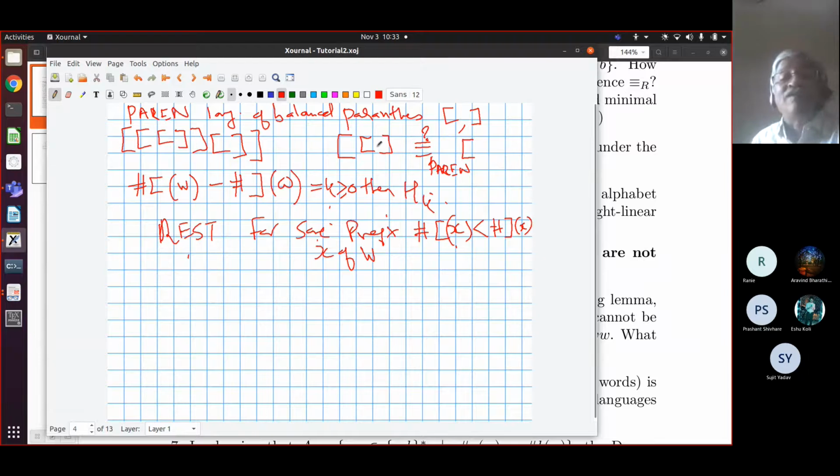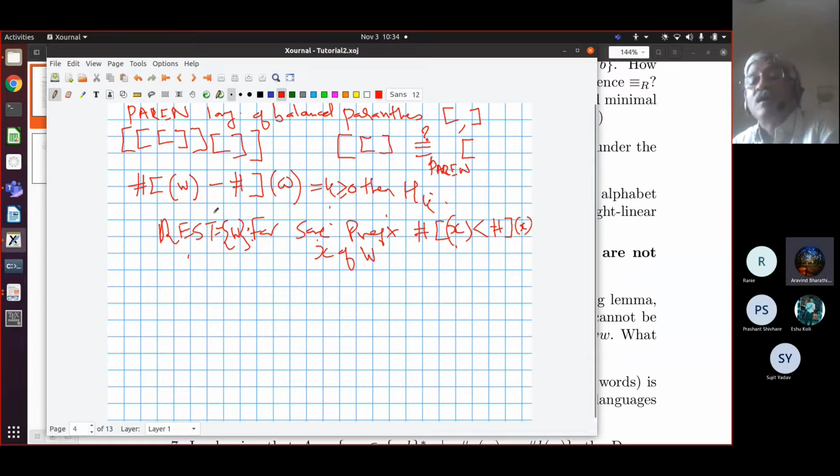See, because in these equivalence classes we are allowed to consider incomplete words, but they should still be candidates. So rest will consist of all broken words, that is, all W's such that for some prefix X of W, the number of left brackets is less than the number of right brackets. So you exceeded the left brackets with right brackets, and so it can never be in the parent language, no matter what you extend it with. So we have, for every K, one HK class and one rest class, the remaining strings. Is this clear? Yes, sir.